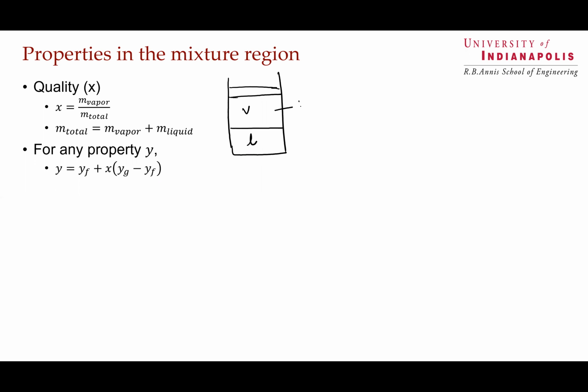If this is the mass of vapor and this is the mass of liquid, the quality is the mass of vapor over the total mass of the water. So you have m_v divided by m_l plus m_v. So at the saturated liquid state, basically in this state,